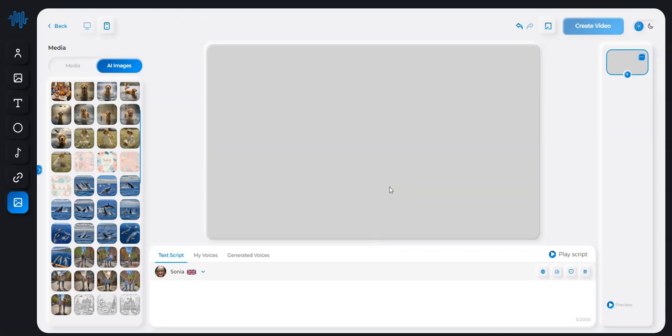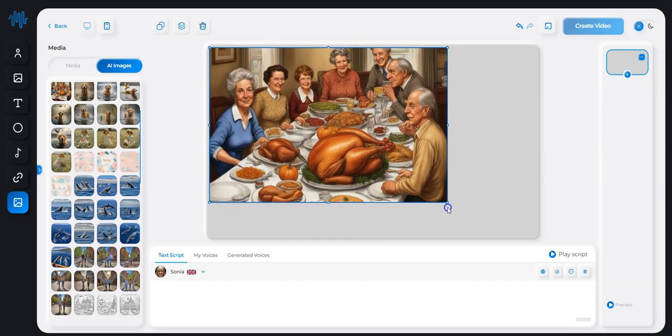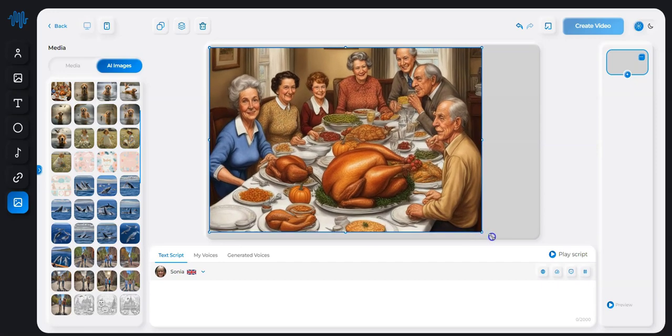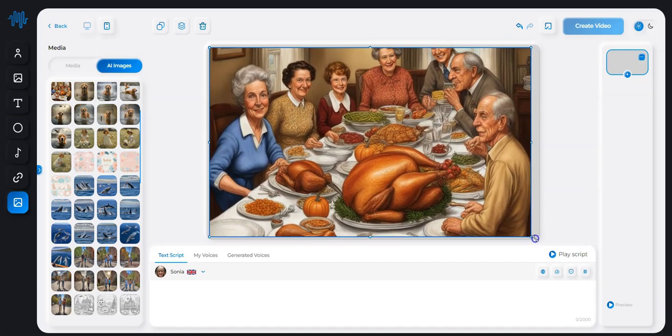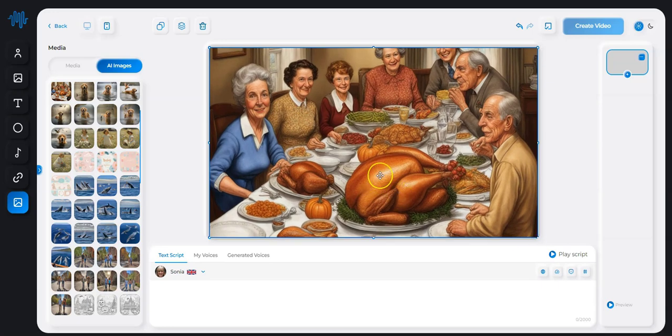Let's try another one. Let's see the Thanksgiving picture. You can add it as a background as well in AI Humans. How exciting is it? The idea behind this feature, which has been recently added,